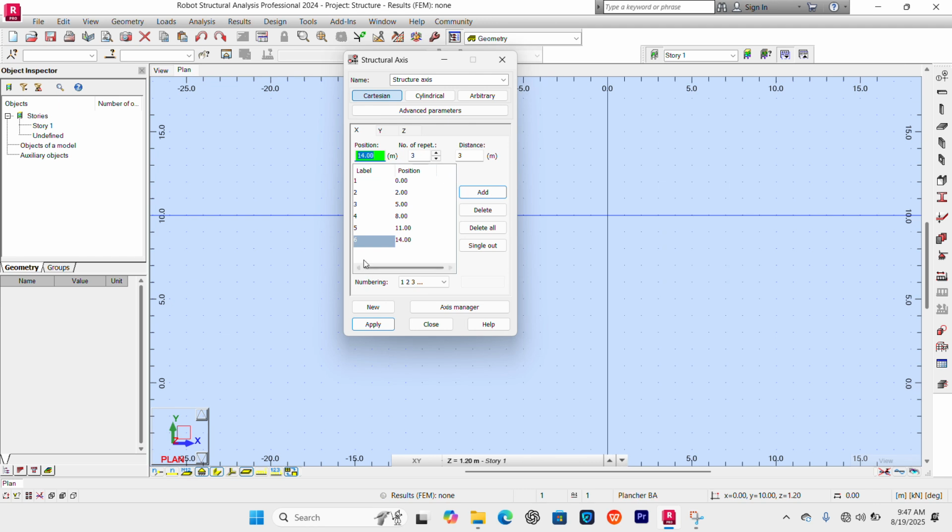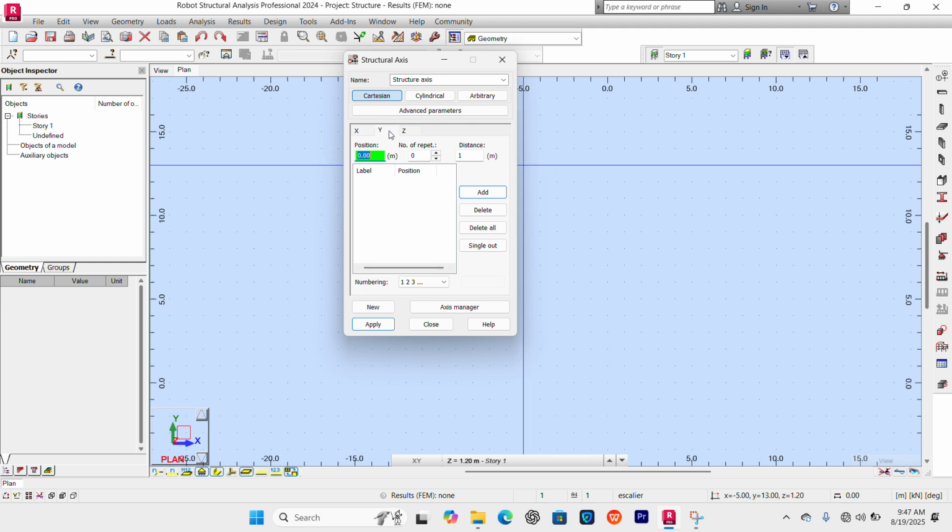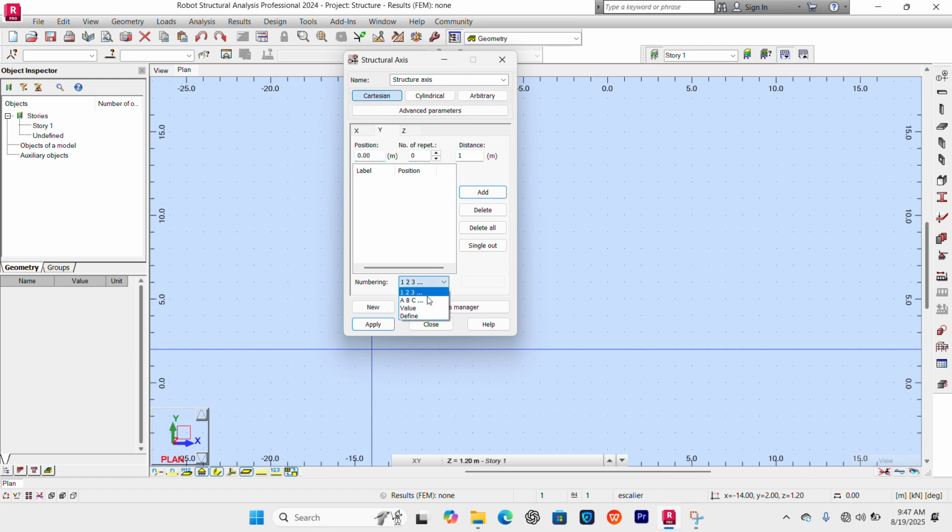After it, you go on the y-axis, you define the y, you also change the label down here to be ABC, the numbering. That's how it's going to label your axis, a bit like on your foundation plan. Always change your repetition at least to be 1. Then you start with the new axis, you add, let's say put 3.5. Add again, then let's say 2, you add, then let's say 4, for example, you add.